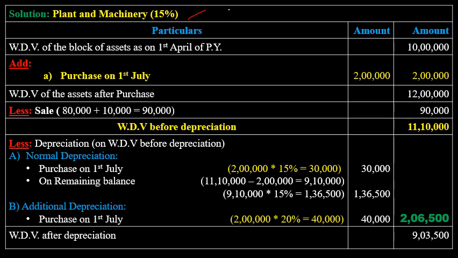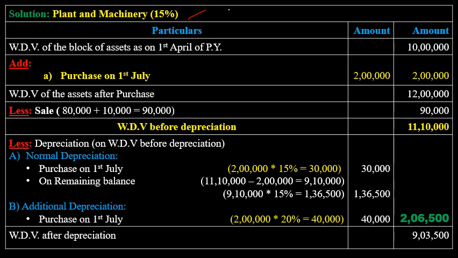So in this problem also, the plant X was destroyed or damaged by fire, and the amount received from the insurance company as compensation, that is 80,000, is considered as the selling value. As well as he sold some scrap. The amount received from the selling of the scrap, or the scrap value of the asset, is 10,000. The total selling value is considered as 90,000: 80,000 received from the insurance company and 10,000 is the scrap value. Total 90,000 is considered as the transfer or the selling price in the previous year.